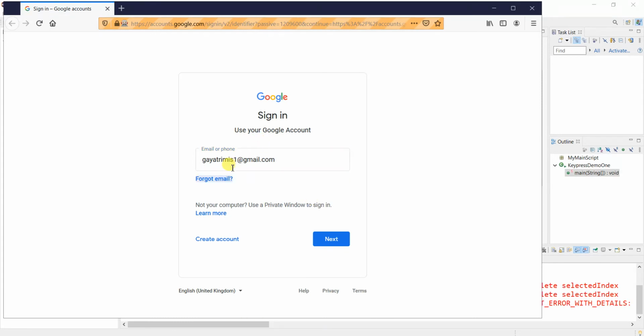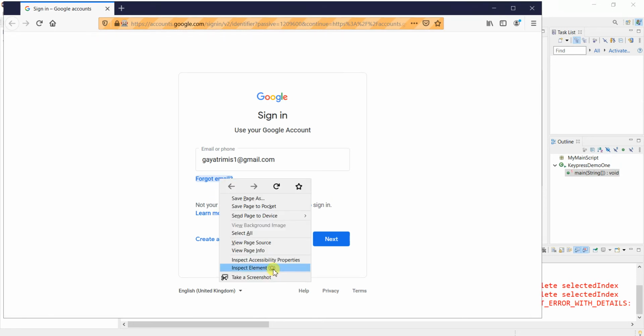Yes, you can see forgot email has been highlighted. That means we entered the test data and we clicked on tab. That is the reason it came to forgot email. Then from forgot email, if we click on tab, it will come to learn more. So we should inspect this forgot email now,